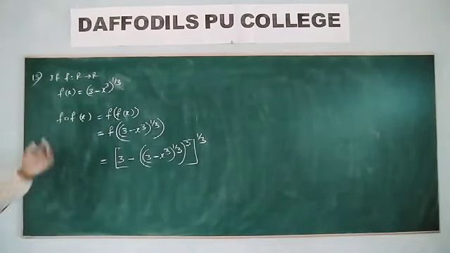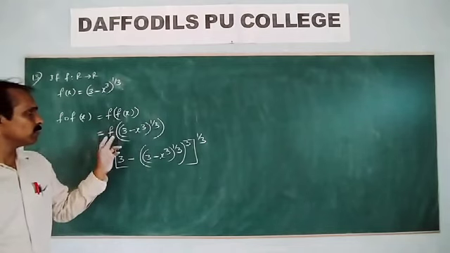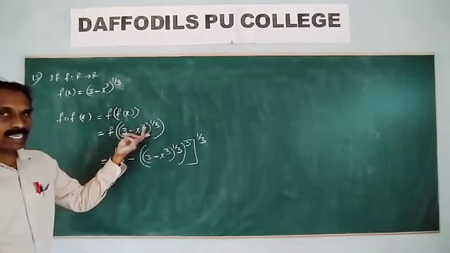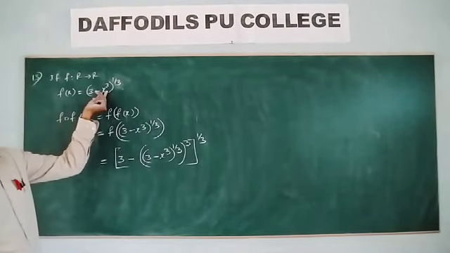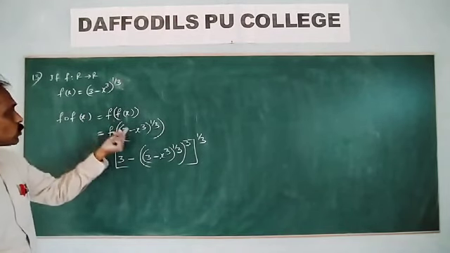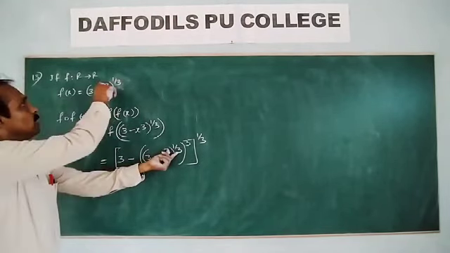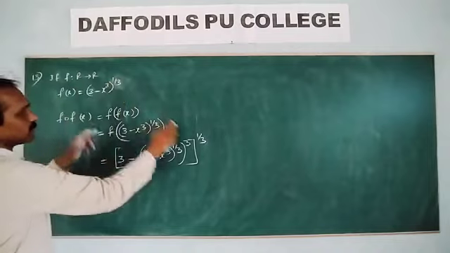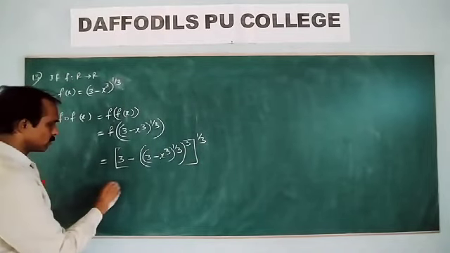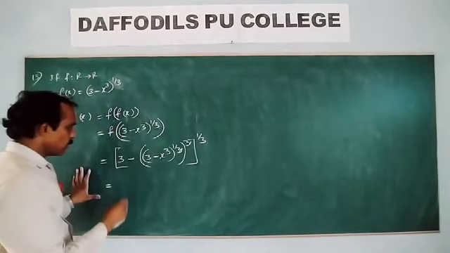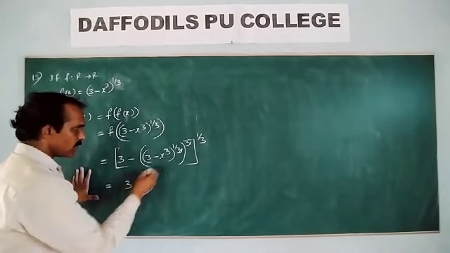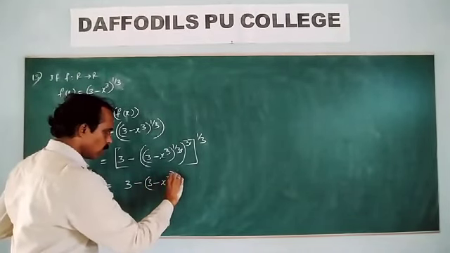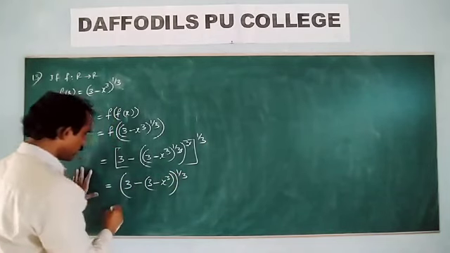First of all, f circle f of x can be written as f of f of x. Write f of x value, (3 minus x cube) whole power 1 by 3. This is treated as x. This value is substituted in x. So 3 minus x cube, where x is the total (3 minus x cube) whole power 1 by 3. Here cube is there, so that cube, and total 1 by 3 is there. The 3s cancel. So 3 minus, take bracket, (3 minus x cube) whole power 1 by 3.